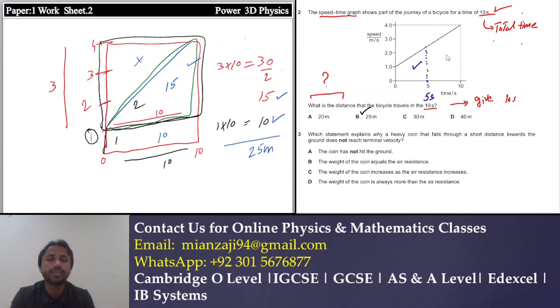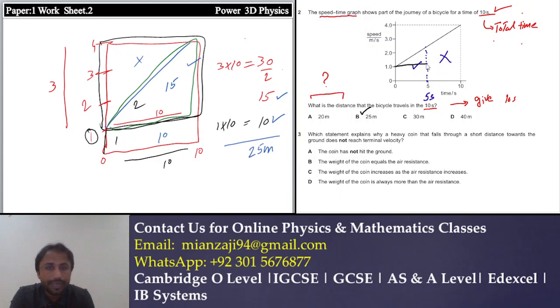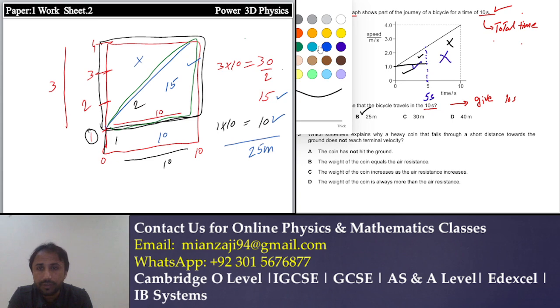Now we have to find this area, not this area. Now you will just simply divide this rectangle into two parts. Just divide into two parts. You cannot include this one. First of all, find the area of this one, and second, find the area of this triangle. How? Let me show you. This is very easy for you. I will just give a hint for you.